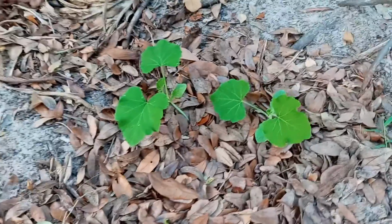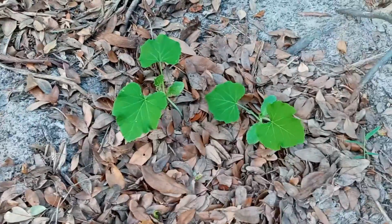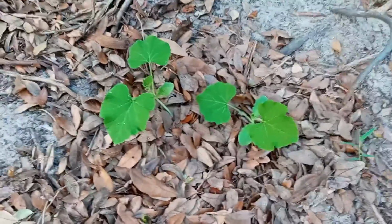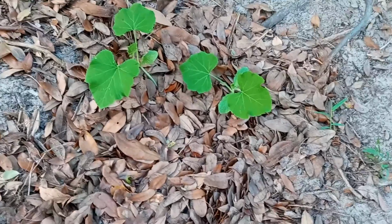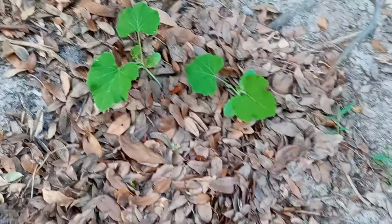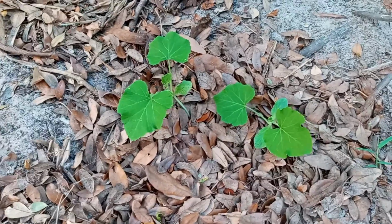So what we're going to do here is observe the growth of these and whether or not the root knot nematode affects them and our controls are successful. So stay tuned and I'll keep you updated on the progress of these control groups regarding the Seminole pumpkin, and